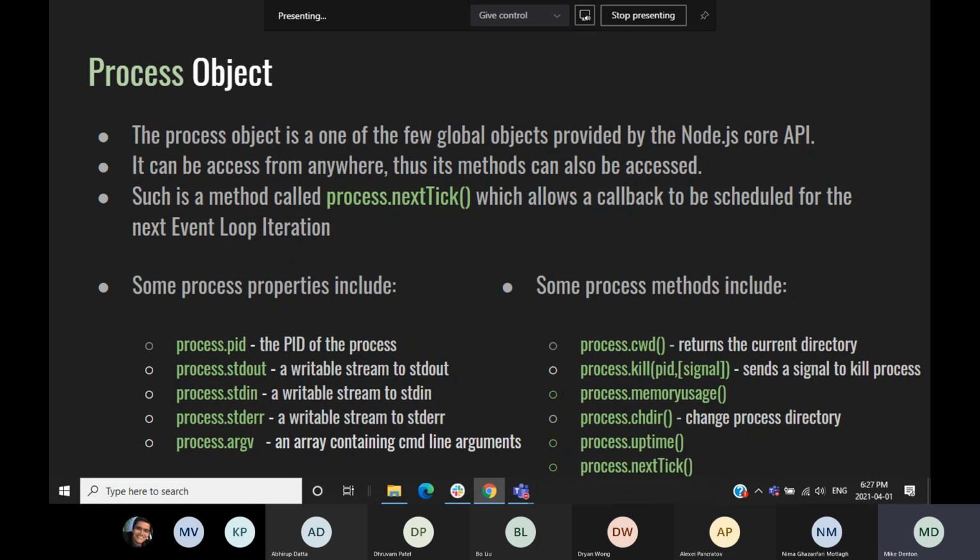Process standard in, standard out, and standard error. Think of console, standard out, reading from. We're talking about the command line. We can read in from the command line. We can also output errors to the command line as well. And then also this process argv. So that's a way that you could read command line arguments off the command line, so that if somebody was typing commands in DOS,